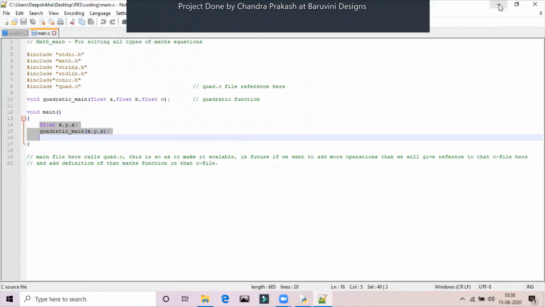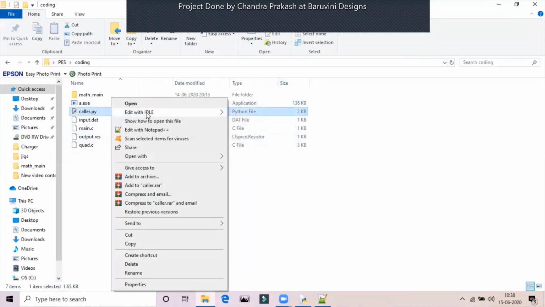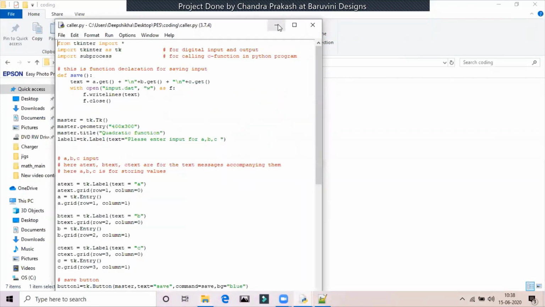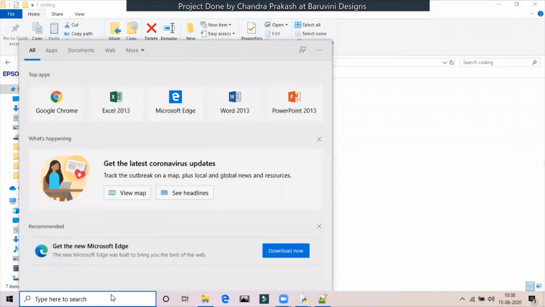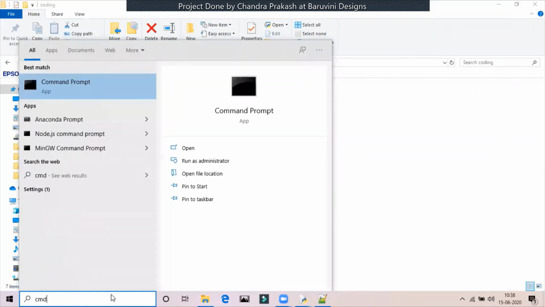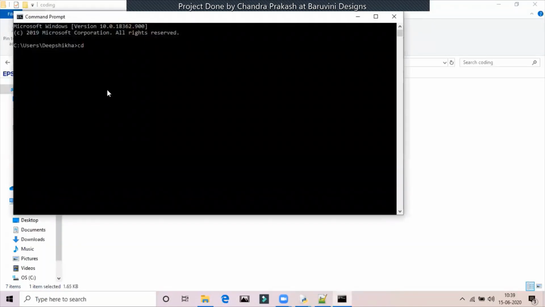Now let's minimize this and see where Python comes into the picture. The C part that you just saw, if I make a data file, then I can directly compile this C function using the terminal and I'll still get the answer. But we don't want to do that. We want to take our input graphically. So let me just show that it is still possible to solve this using just C.